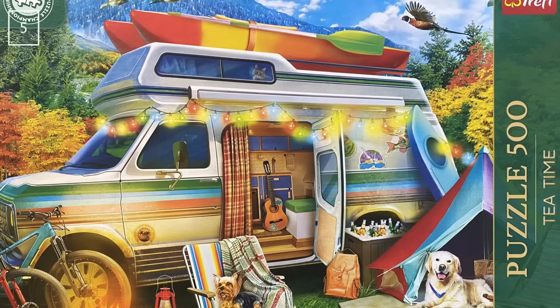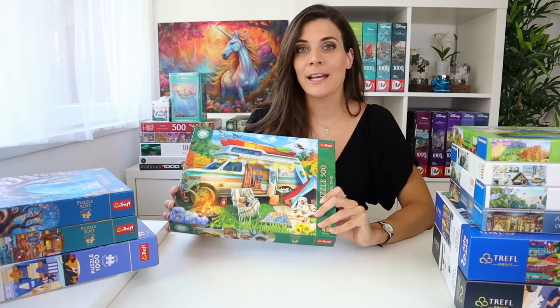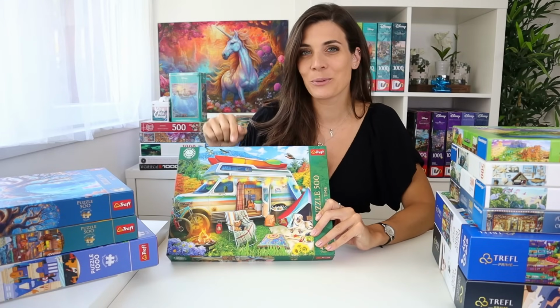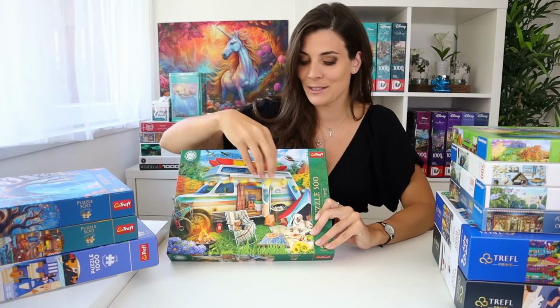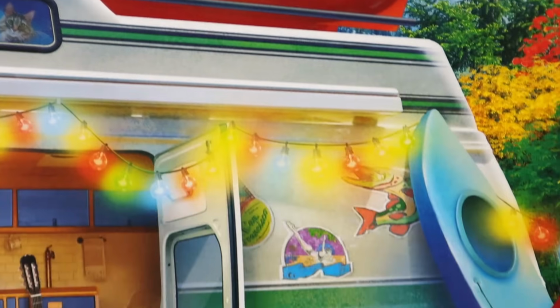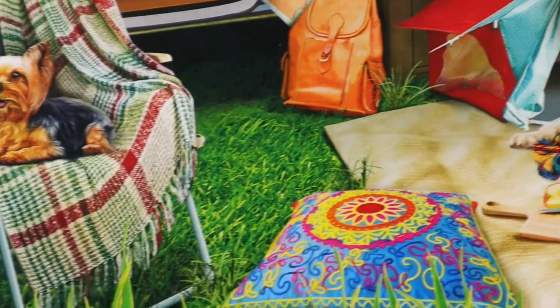The next puzzle is the 500-piece puzzle by Trefl, and the title of this one is Camper Van. As I mentioned, this is the puzzle from preliminary group C, and I don't like this one as much as I like the other one because some stuff looked photoshopped in the image, which is not my preference, but I still think it's got a lot of details and it's going to be quite easy to assemble,